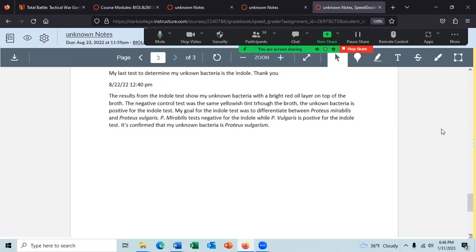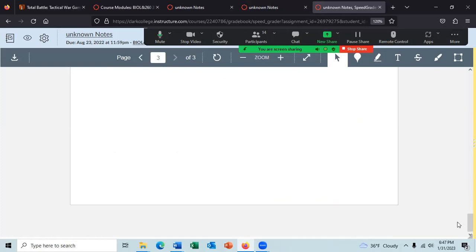If you put them in the comment, I'll just delete them because the comment is for me to give you information, and I will put the comments in. I won't put anything in the document. I don't even think I can add a document to your unknown notes page, but I can add a comment. And so I'll send everything in the comments. So don't put things in the comments because it's a real narrow section. And if you have a whole bunch of stuff in the comment section, you're going to have to scroll all the way through it to get it and try and read it. Any question about any of that?